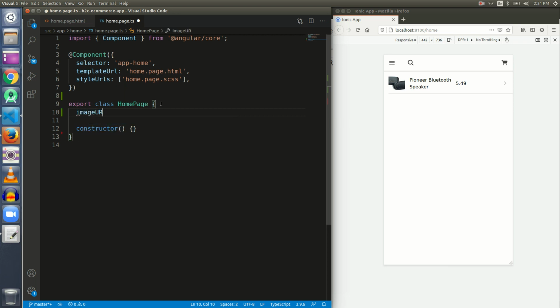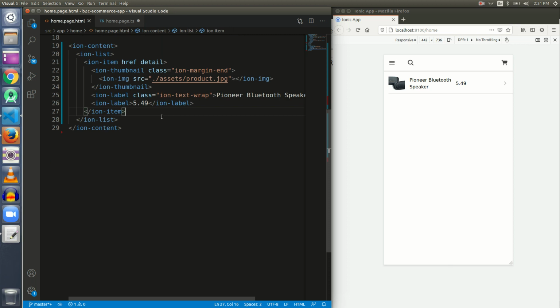First one, let it be your image URL. The second one, let it be product name. It will be a string as well. Then the third will be a product price. The naming should be good because it's a good practice, you know?